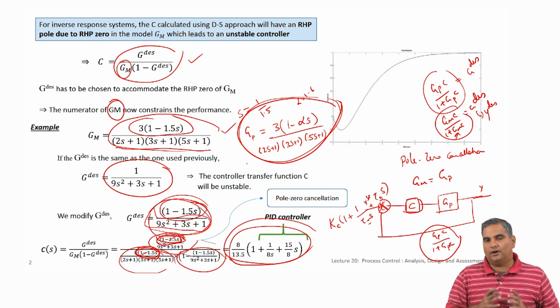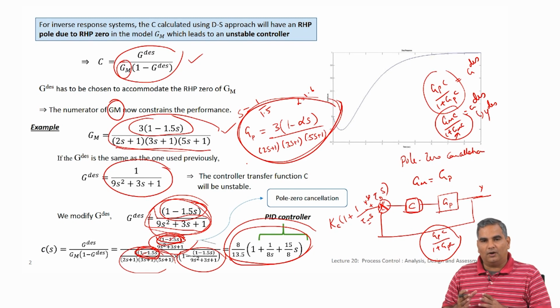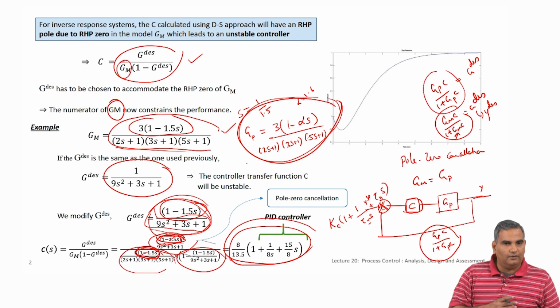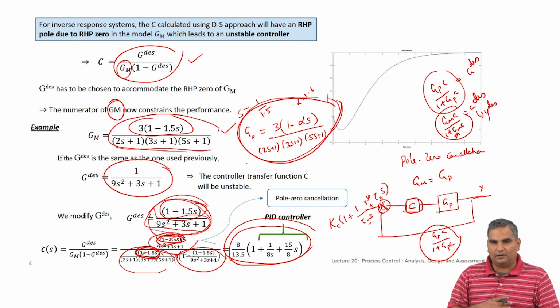So, the controller is always based on a model, and the closed loop performance is based on the true process. When we want to do all of these studies theoretically, the process model we keep as something which can be different from the model that we use to design the controller, and by varying several parameters in the G process which is different from the G model, you can see the robustness of the controller.